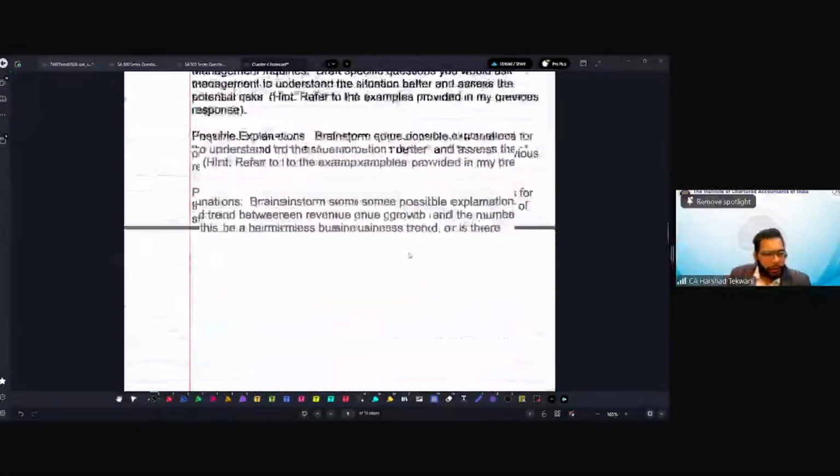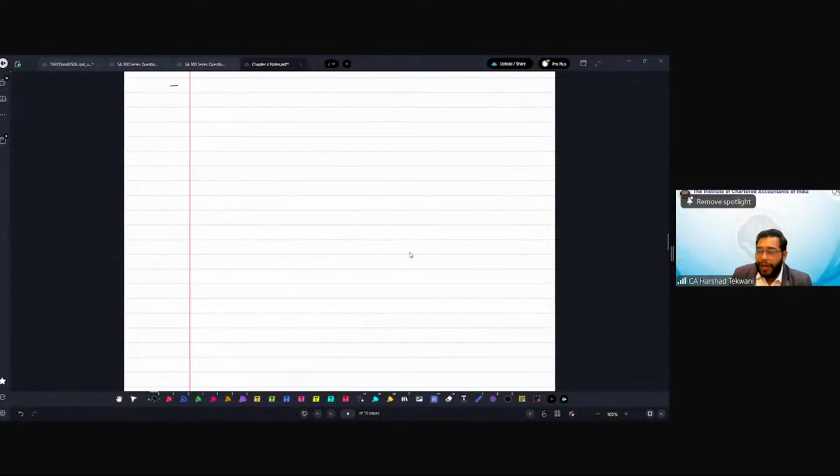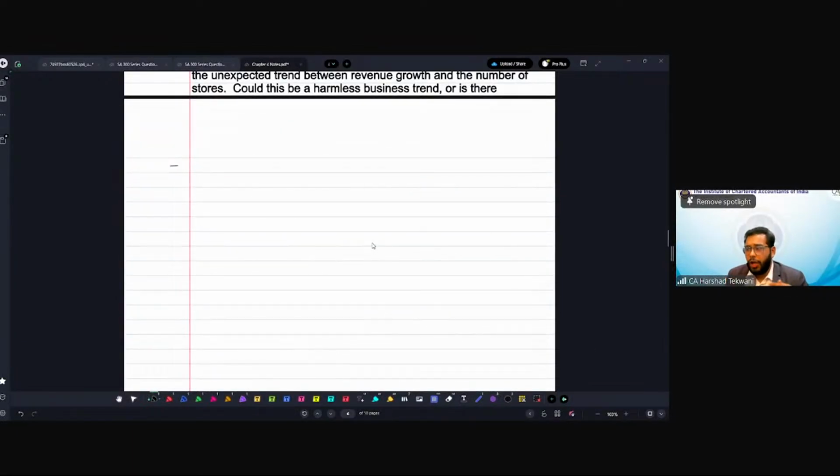I'll go to the next page. Then you have, after understanding the operation, ownership, governance, investment, and the group structure, you need to understand a few things about the transactions and the account balances for the company. So information about transactions and account balances, that is